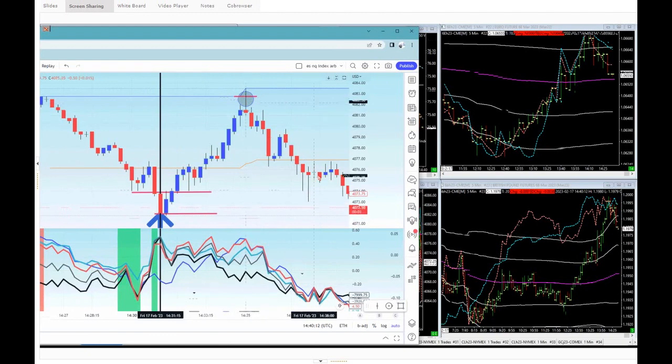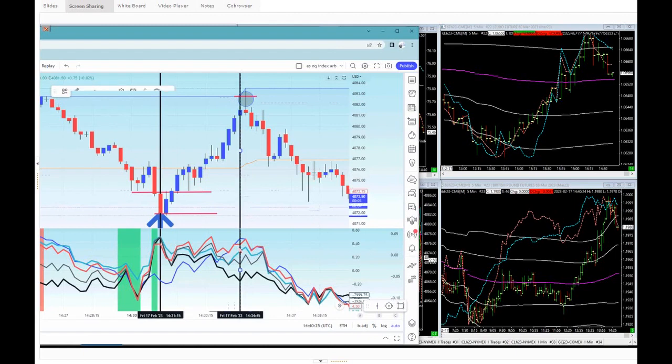That was a live room call. We top ticked the S&P live in the room, guys. Very few people will be able to do that, wouldn't they? But you can see why we top ticked it, because number one, the level was something we talked about this morning. Number two, the value diverged against the red line right there. So the basic requirement for a sell was actually met at that point.